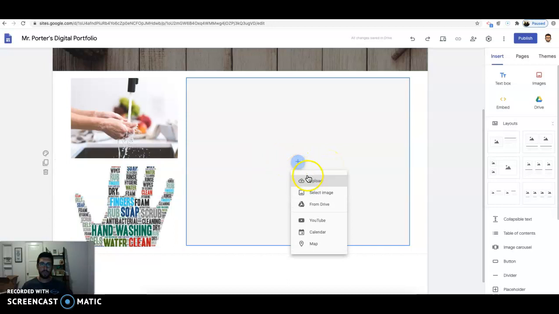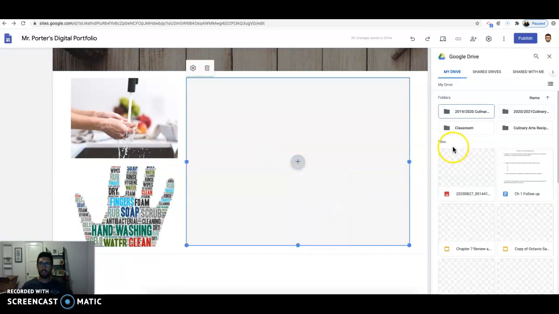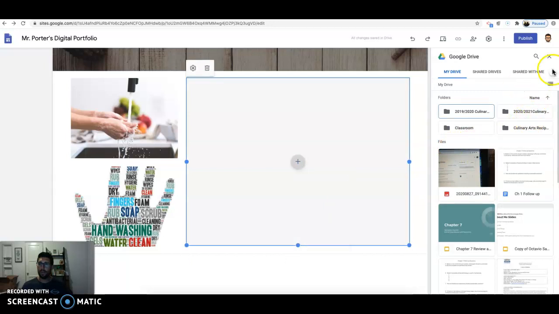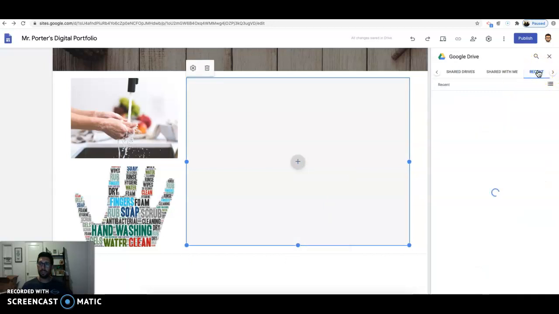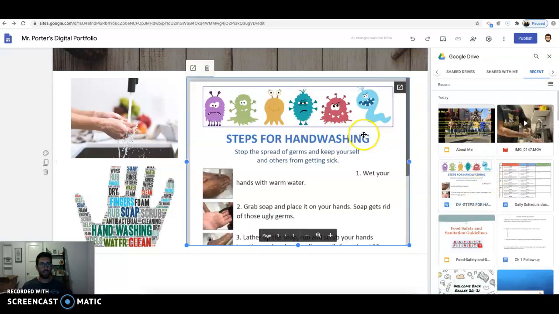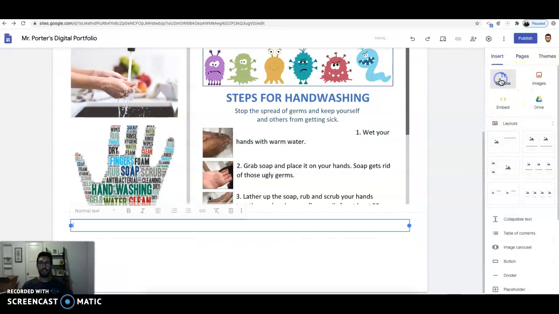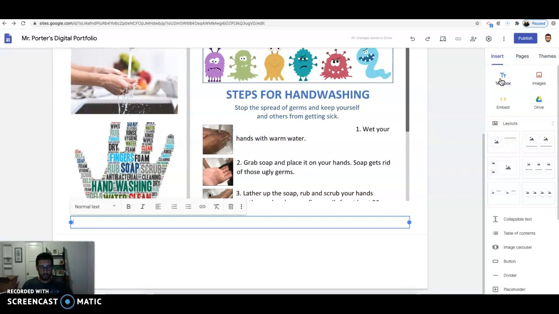And for this one, we want to use something previously created within our Drive. So you guys recently worked on these hand washing posters as part of your portfolio assignment. And one student named Daniel V did an excellent job here, so I'm going to go ahead and use Daniel's work as an example. So you guys have this information here. Again, if you'd like to insert some text,